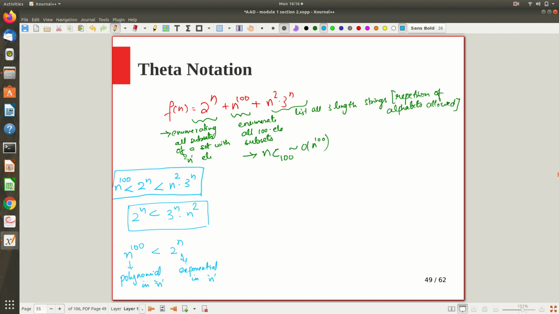For smaller n values, this may be difficult for you to convince yourself. Take some very big value for n and you will be convinced. Or just remember that any polynomial term is always lower bounded by any exponential term. However small those constants are, and however big a constant you make here, no issue, make this as small as possible, still this relation will be true. So from all these conclusions,